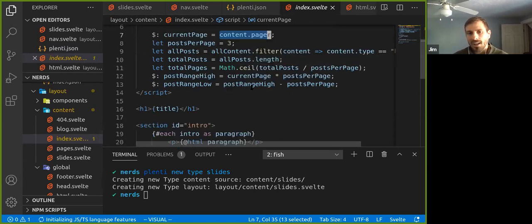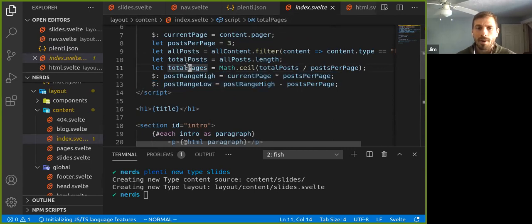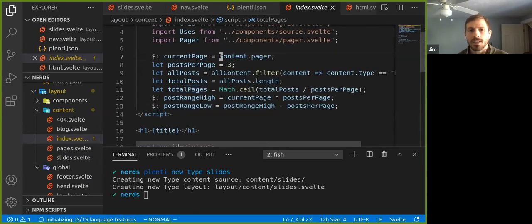I know that's a lot. There's a little bit more that goes into it in terms of getting your high and low range to determine what pages you want to appear, but this is all completely flexible, and you can set this up really in any way you want. Just basically, you have to keep in mind that at some point you need to know how many pages you have. You don't have to name it this, but you have to know how many pages you have. You have to tie that into your paginate variable, and then basically you can get your current page out of this content pager here. So that's pagination.